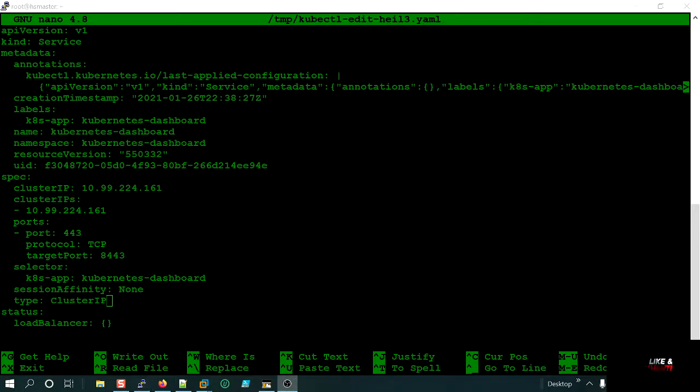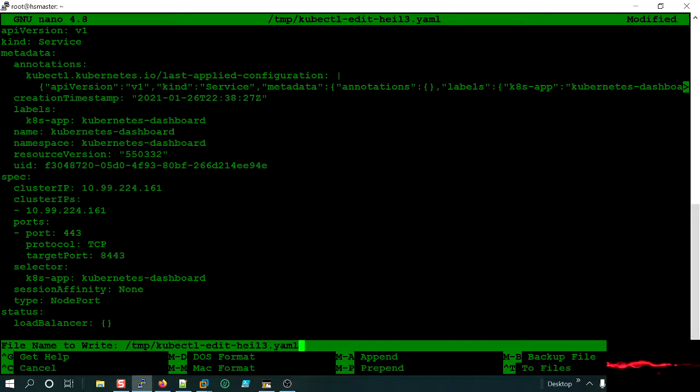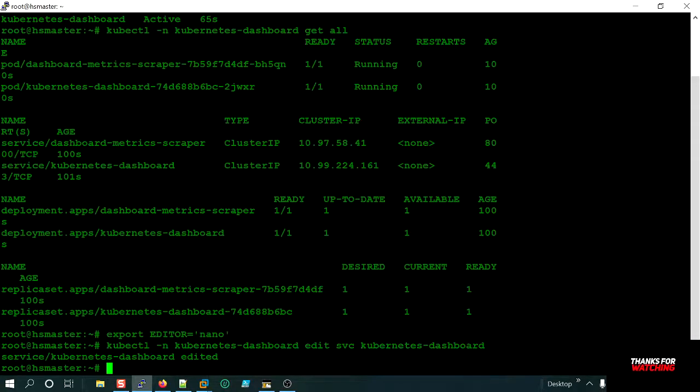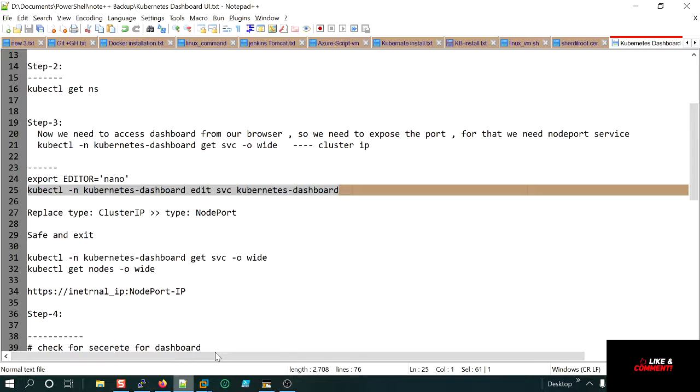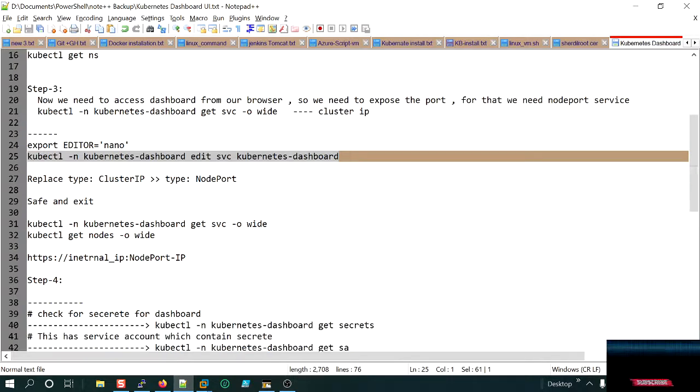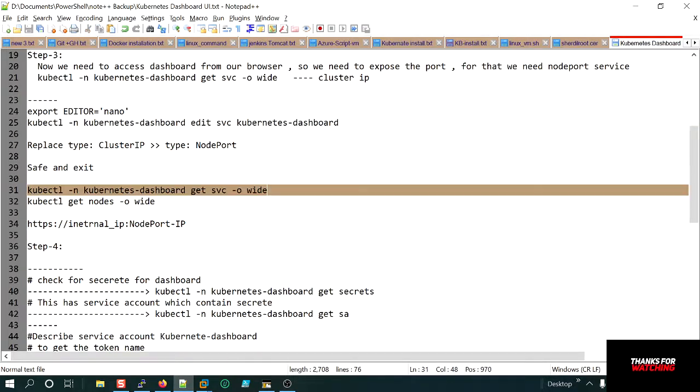So I would go back here, and I would do node port, Control X, yes, and then you have edited, clear it. Now the next step would be to take a look at how the node port is set up. So for you to look at the difference, basically what I did was I changed it to